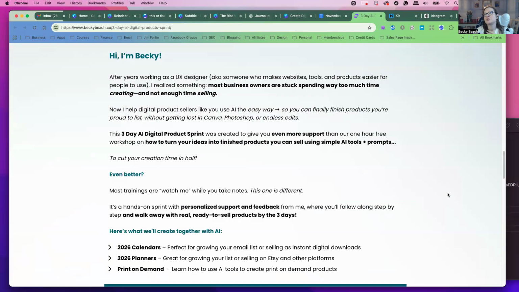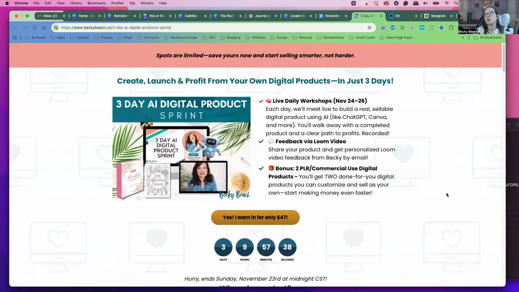Yeah, so I just think this will be great if you're interested at all in creating more products to sell, because New Year's planners are really good, and calendars really sell great as well. And plus, the print on demand products in time for Christmas, a lot of people are looking for mugs and stickers and stuff like that, and tumblers and all kinds of different print on demand products to sell.